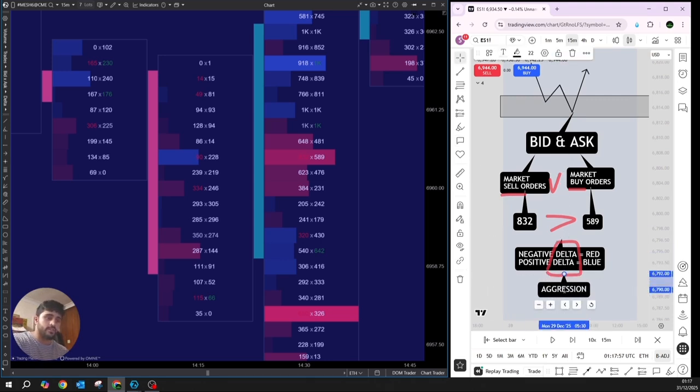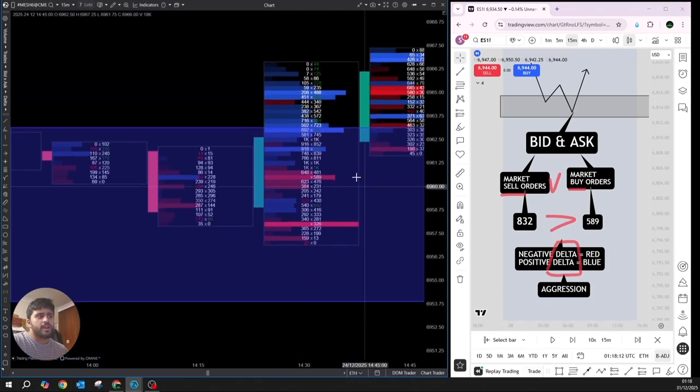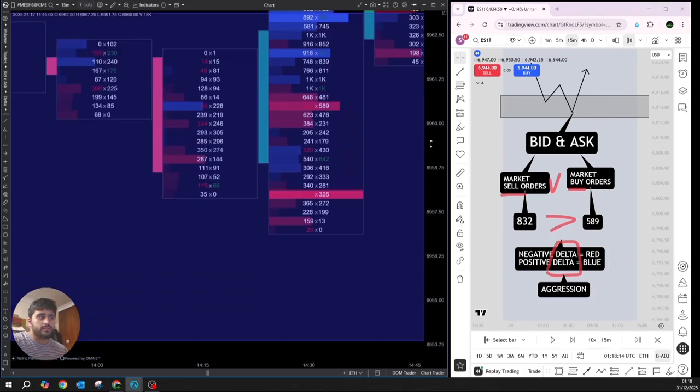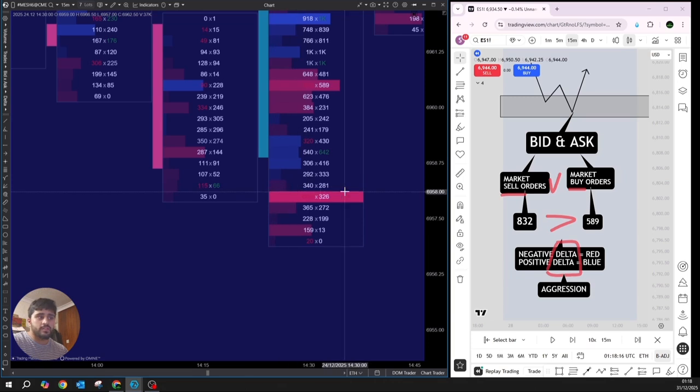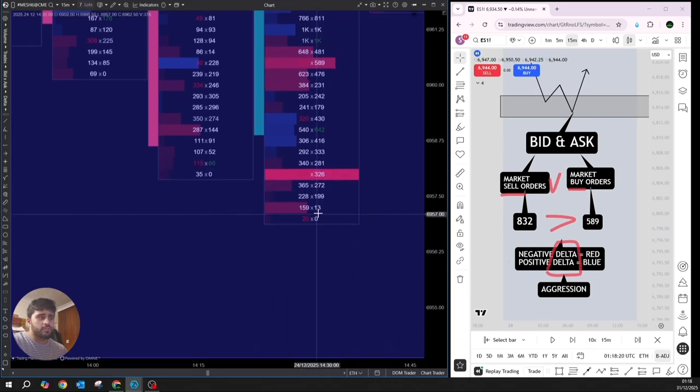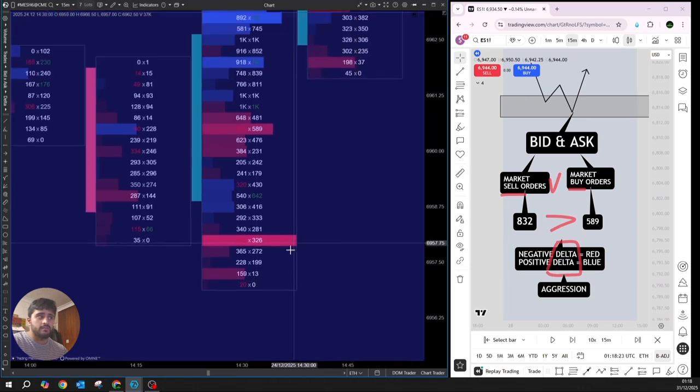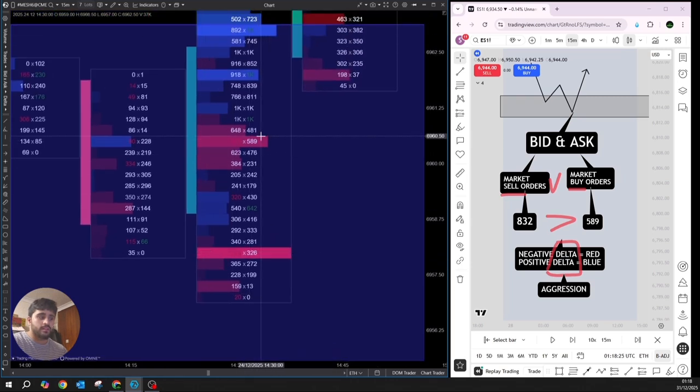So aggression. Aggression is the only thing that separates you from knowing what's happening at key levels to you gambling at key levels. It is the only thing that separates whether you are trading or gambling at the key levels. And I'm going to explain why. Once you can see a lot of red delta, even here, you can see a lot of red delta. The delta here is so negative, you can't even see the bid in this case. Now, what's going on here? 159 for 13, right? Lots of red delta. So red delta just refers to the fact that